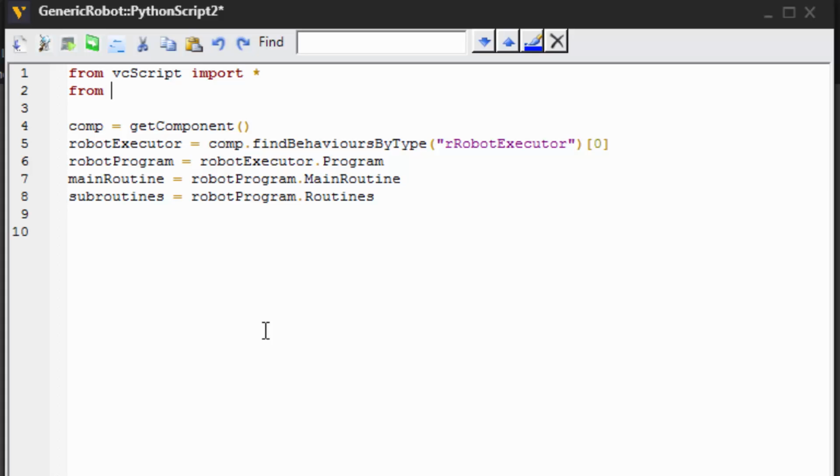So from read robot program, we're going to import everything. And now let's try one of those methods. So let's print get all statements in routine, and let's pass the main routine as an argument.